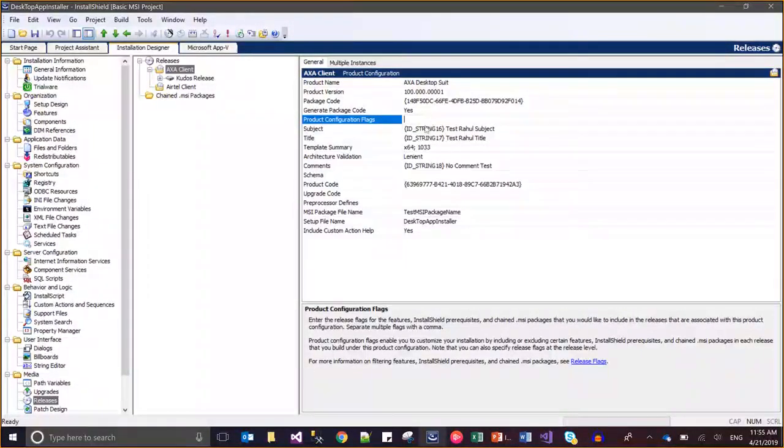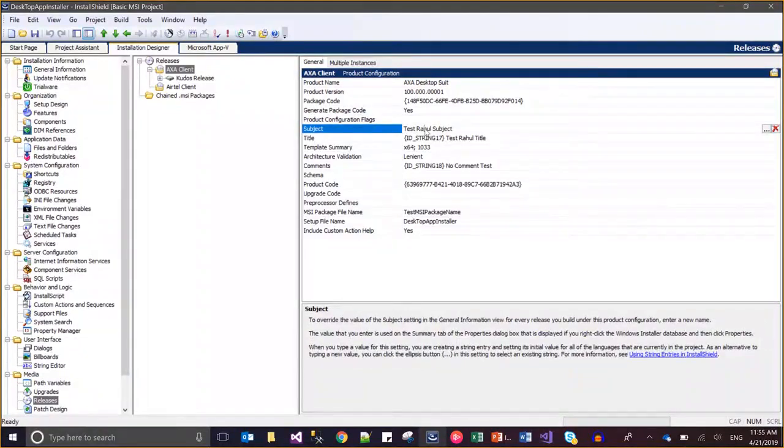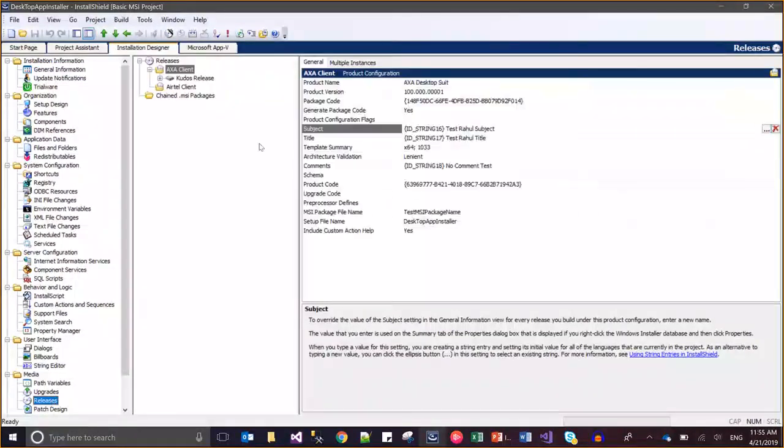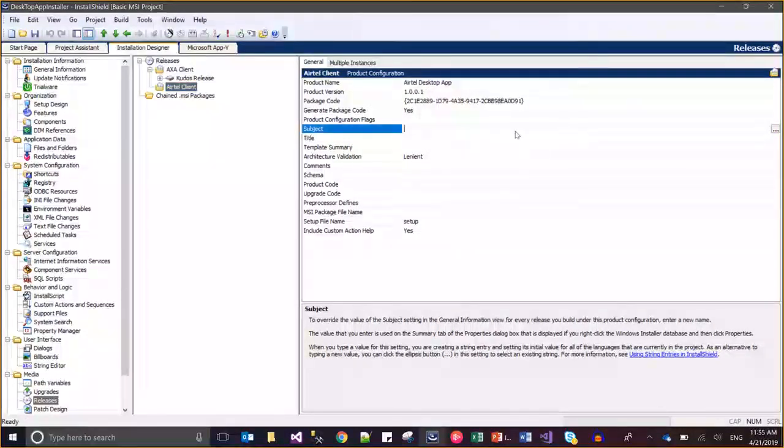Now come to this subject. This is just a subject; we saw the same thing in the general information: subject, author, template, summary, schema and everything. These are the same as shown in general. So I am saying it should be text Rahul subject. I have written a different name here,